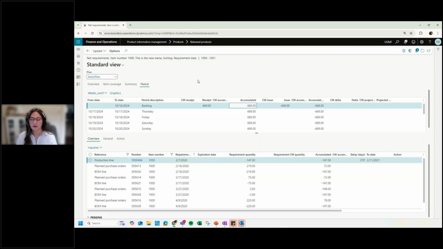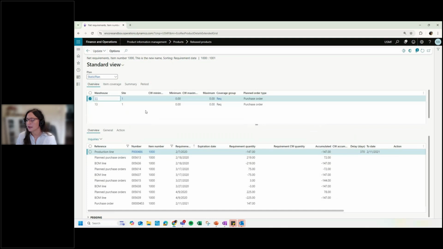It's also worth noting, any F&O user knows this, you can export any of this to Excel. You can either come up here to the Office icon, export it to Excel, either net requirements or quantity. You can also, of course, export right here, export marked rows or export all rows for either this top section or this bottom section, and then you can do whatever you need to do with it in Excel. Top tip. All right, so we're going to go ahead and take a look at this warehouse 11, and we're